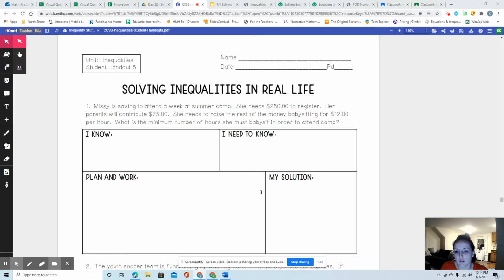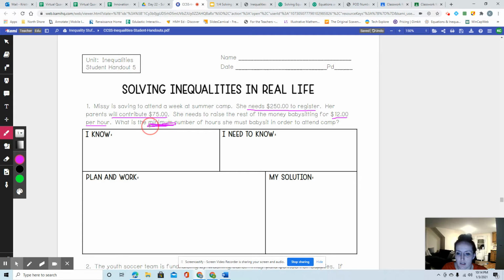All right, so first things first, when you reach a word problem, you're going to want to read it. That's step number one. Read and highlight the important information. I will underline it. It says, Missy is saving to attend a week at summer camp. She needs $250 to register. Her parents will contribute $70, and she needs to raise the rest of the money by babysitting for $12 per hour. What is the minimum, I'm going to underline that a bunch, number of hours she must babysit in order